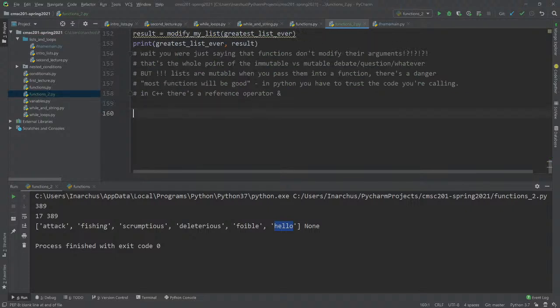So in C++, there's a reference operator which allows us to choose which thing we want. The only reason I say C++ is because that's pretty much the next language you're going to learn. But in Python, it's different. You never choose whether to pass something by reference or by value.